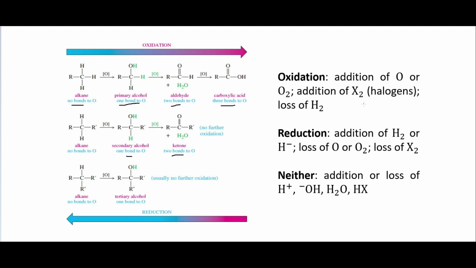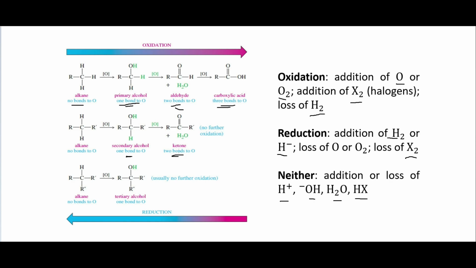Oxidation is the addition of oxygen or O2, or the addition of a halogen, or the loss of hydrogen, whereas reduction is the addition of hydrogen or of a hydride, loss of an oxygen or O2, or loss of a halogen. Neither would be addition or loss of H plus, OH minus, H2O, or HX. Like I said, we're mostly going to be looking at turning primary alcohols into aldehydes or carboxylic acids, and